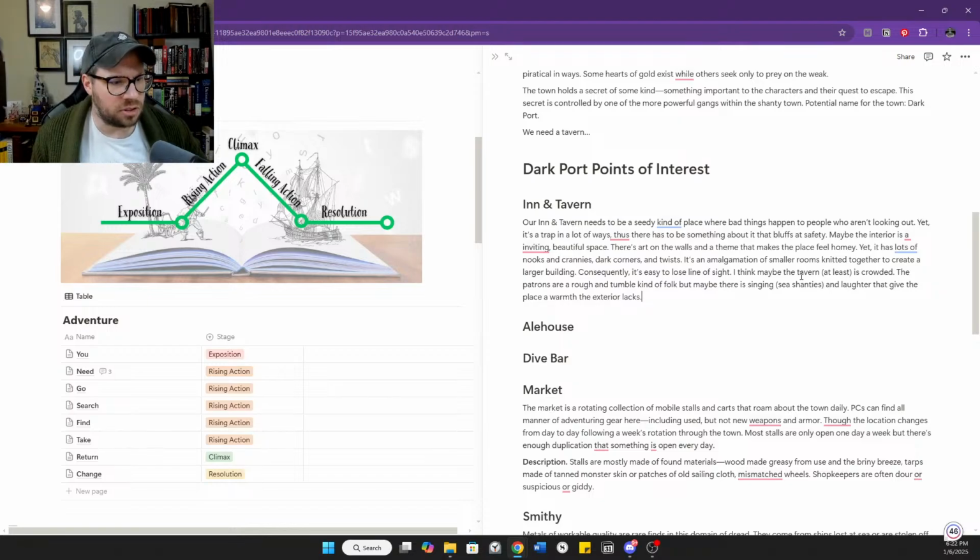And so now we end up with this trap, which I really like the idea of. So, yeah, okay. I think that's a cool little bit of information about our inn and tavern here.